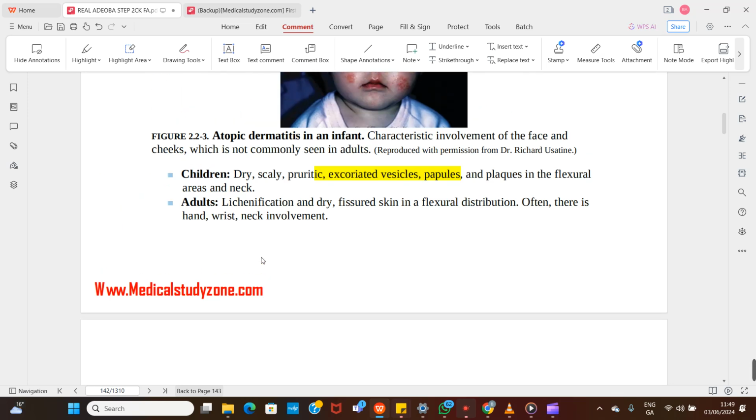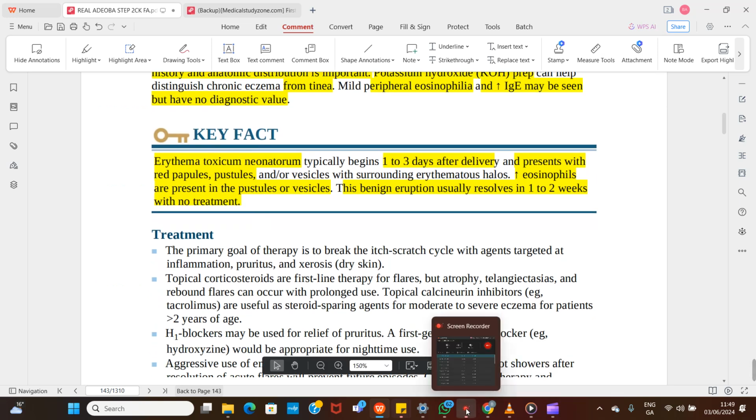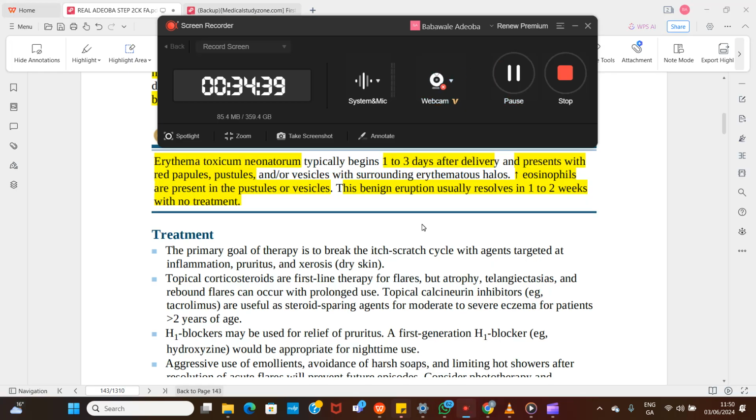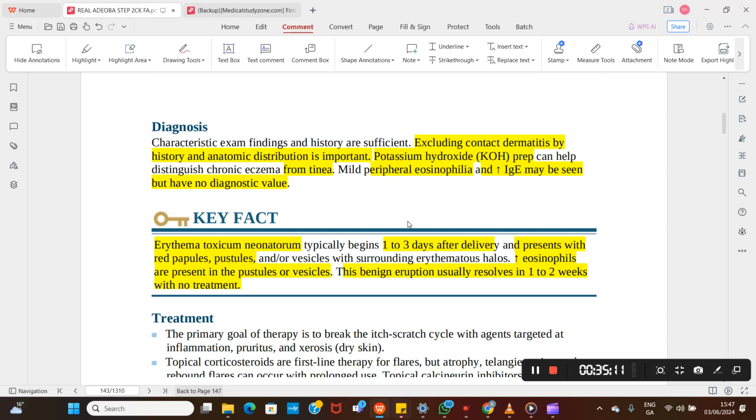So looking at the treatment of atopy generally. The primary goal of therapy is just to break the itch scratch cycle. That's what you want to do, because there is constant itching from the inflammation, just like I mentioned, and from the dry skin, that brings about damage to the skin and allows for entry of other